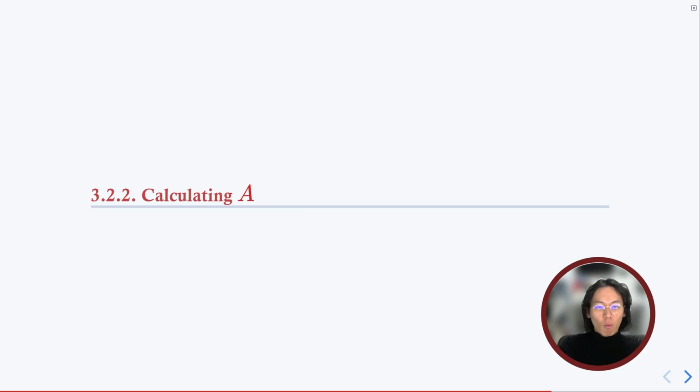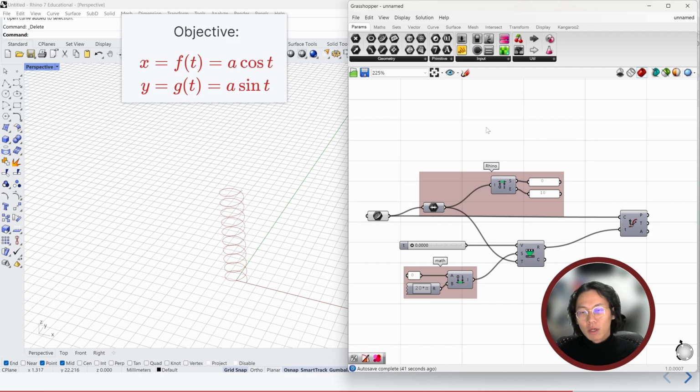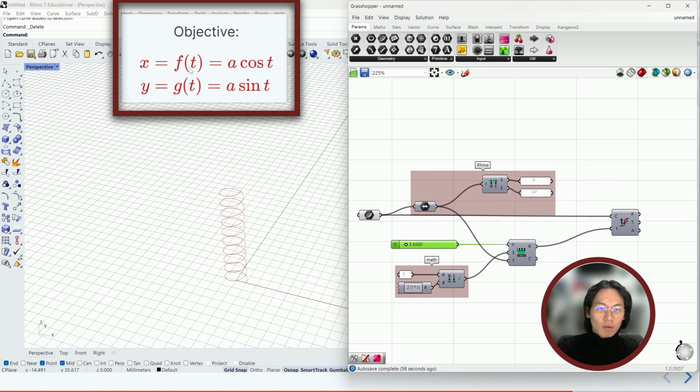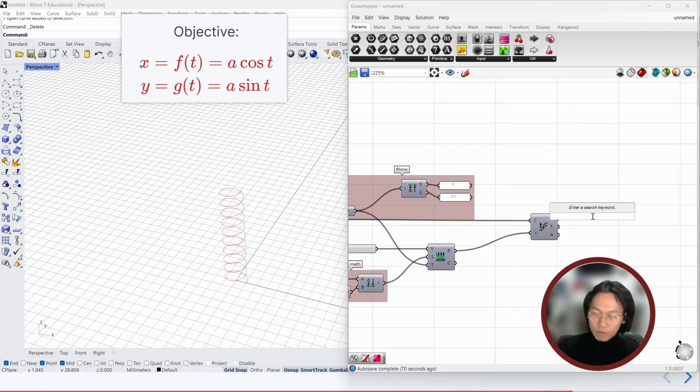Next, we will figure out what is A. Our objective is to figure out the X value represented by A cosine T and Y value represented by A sine T. I can just pick some random number and just a random T and figure out the X value and Y value of the point. I would say 3.3. This is the T over here. So A cosine 3.3 and A sine 3.3. So this is the mathematical space. So I remap to the Rhino domain 0 to 10. So this point will be